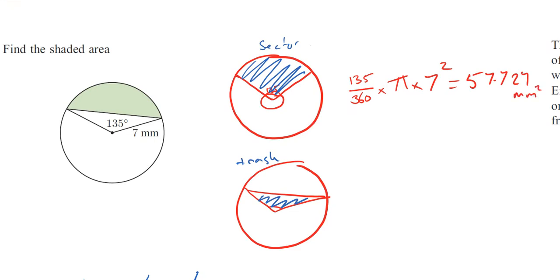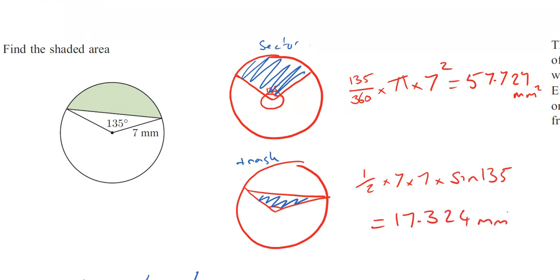Moving on to the triangle now. Well, this is using our triangle formula we already know. So we're going to do a half times a times b. Now, a and b are the same. They're the radius. So we're going to have 7 times 7 times the sine of that middle angle, which is 135. So this is our calculation we need to do for the area of the triangle. If I do that, I'm going to get